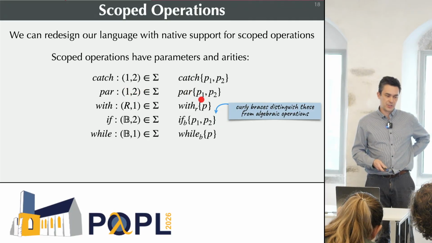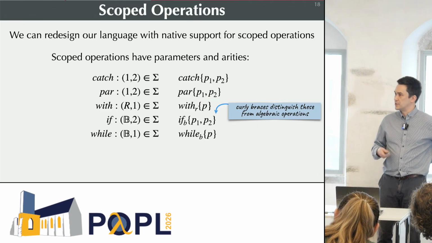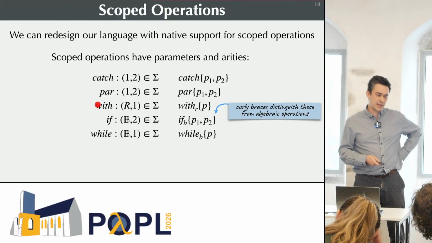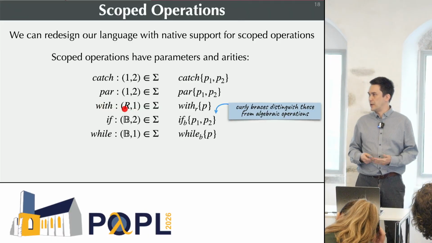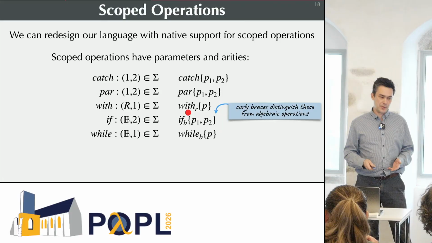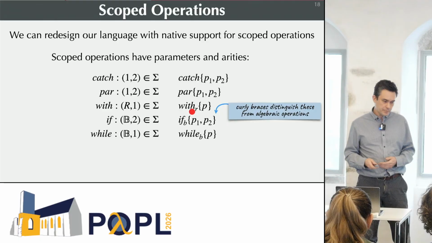Or here's another one with the same signature, which is parallel operation. So there's one parallel operation, and it wants to do P1 and P2 in parallel, and so it takes in these 2 arguments. With is another example. So with says, with some resource R, that R might be something like a file or a network socket or something like that. We want to have one program that comes out, and that program is going to be somehow sensitive to that resource that's in play.